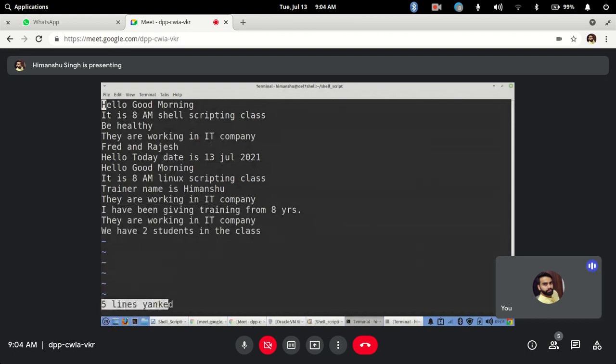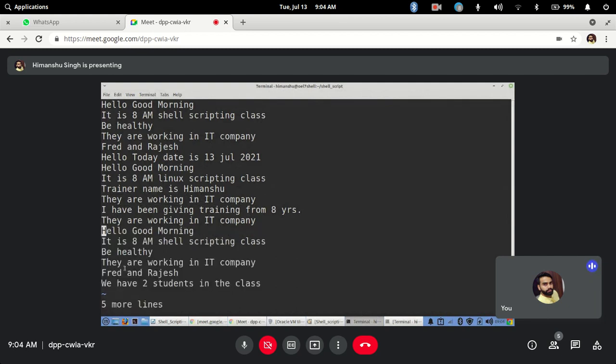If you are copying one line, it will not show you this message. More than one line, it will show you below. And let's say I want to paste it here. So I will simply do p to paste it below where my cursor is. So it has just pasted it. Got it?